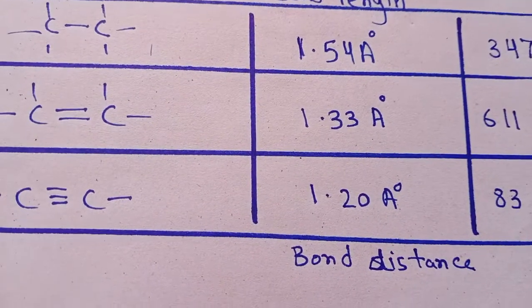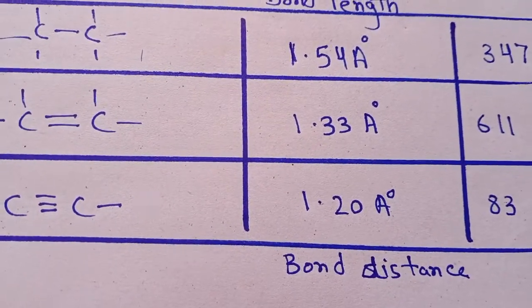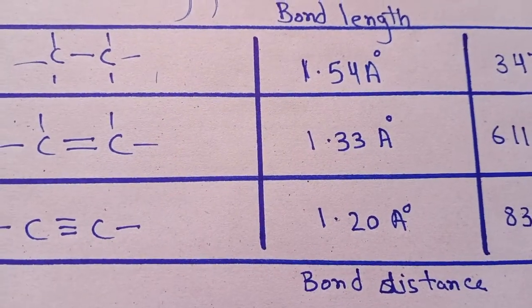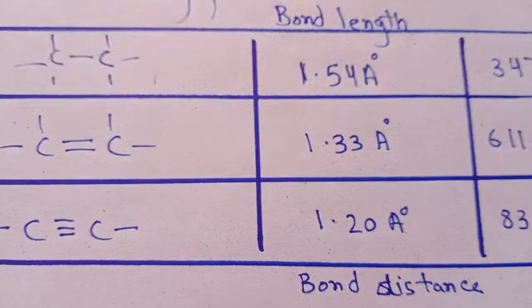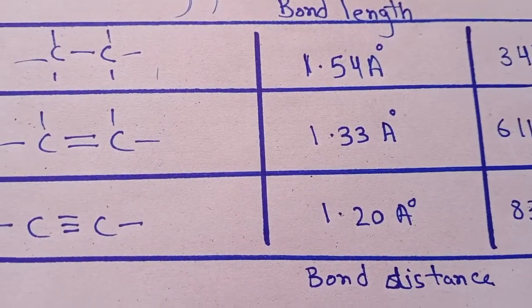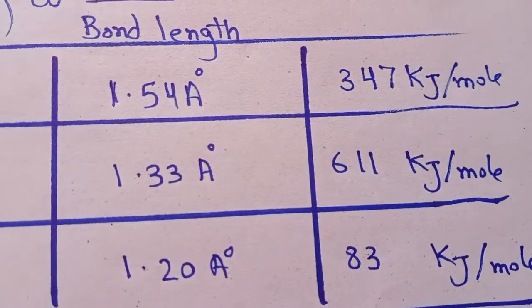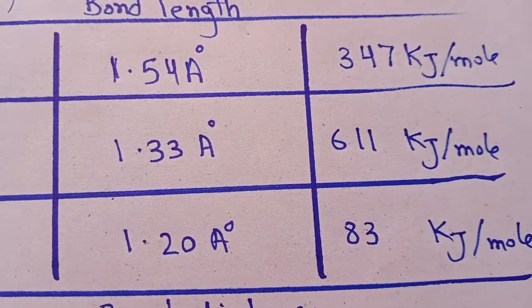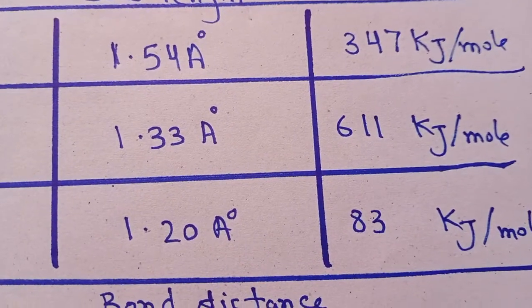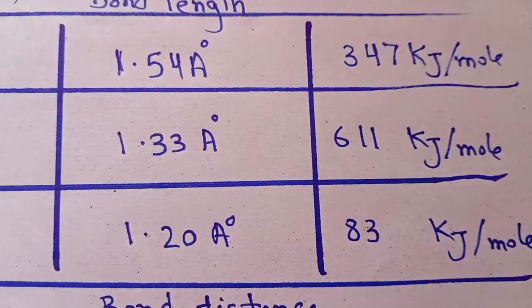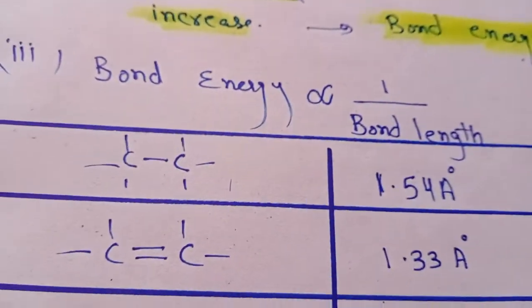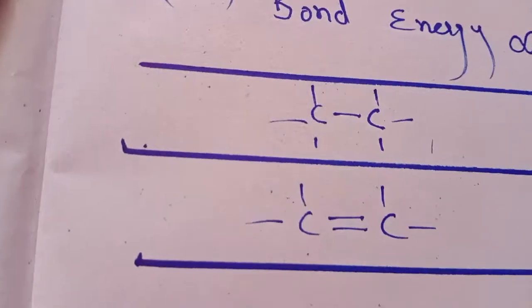For single, double and triple covalent bonds, there is no ionic character and the bond is completely non-polar. The bond length decreases, so the single covalent bond is longer compared to the double and triple. At the same time you can compare the energy. If the length is greater, the energy will be lower. The shorter the bond length, the higher the energy will be.